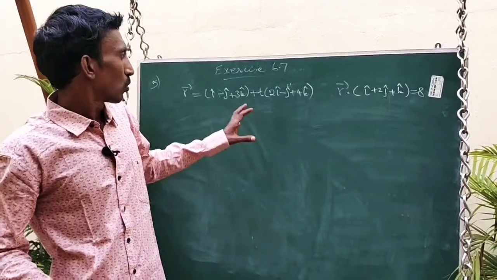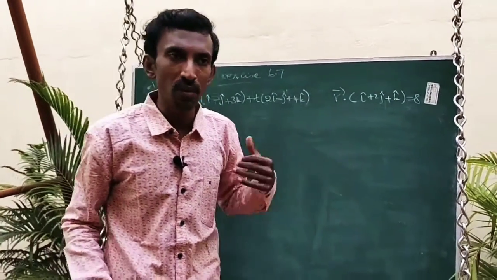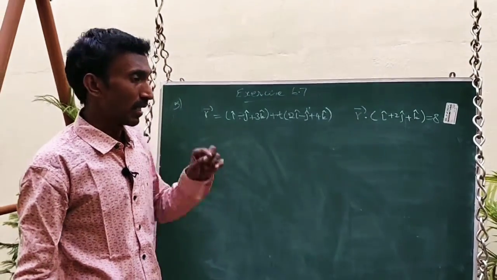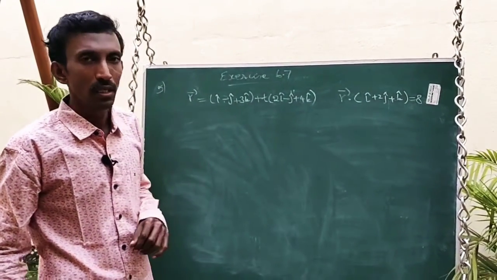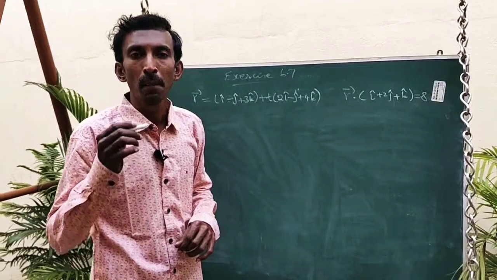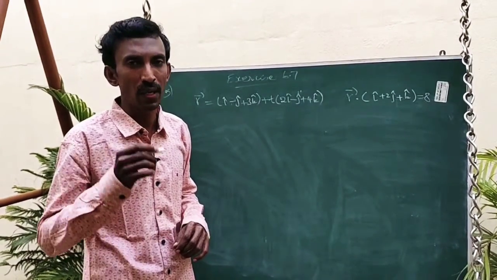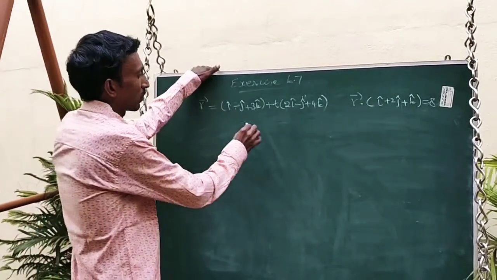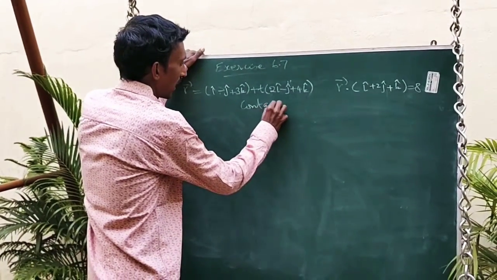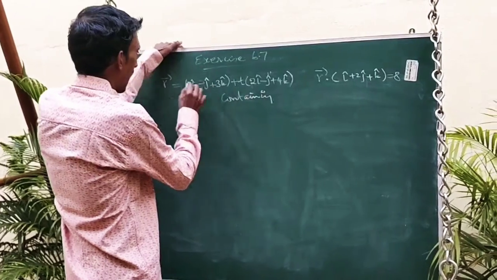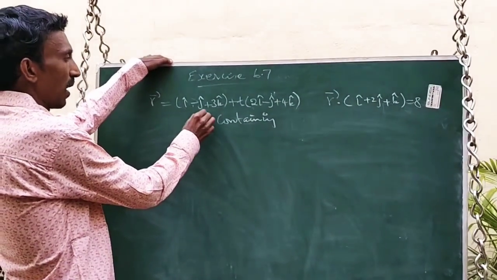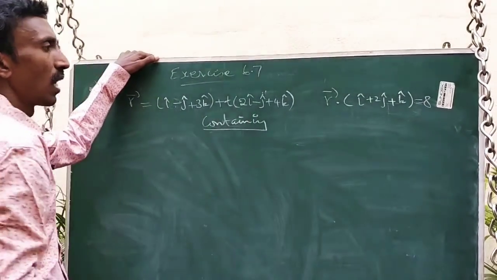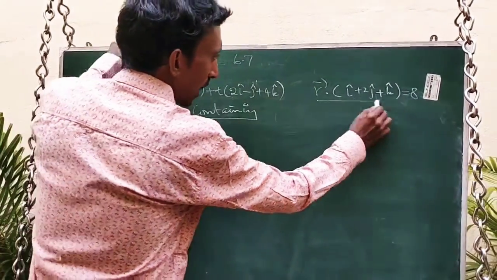Okay, friends. Now, exercise 6.7, question number 5. Remember it is a different question. There is an important word in that question. The question is: find the parametric vector equation of the plane and Cartesian equation of the plane containing, that word is very, very important, containing this line r vector equal to i minus j plus 3k plus t into (2i minus j plus 4k), and perpendicular to this plane.